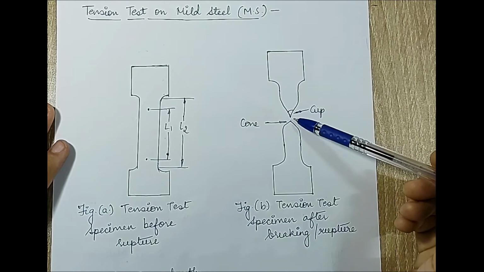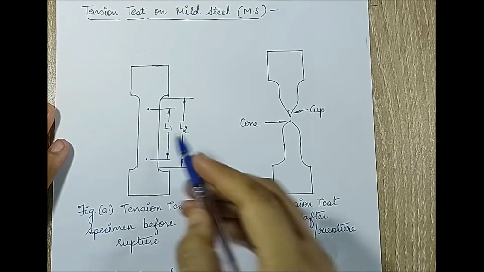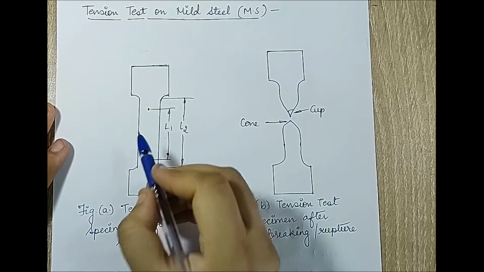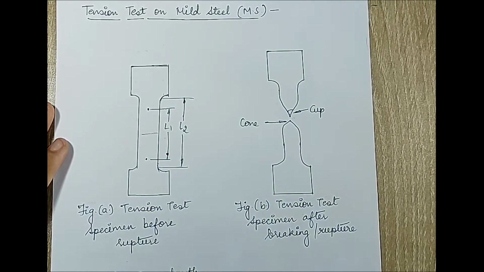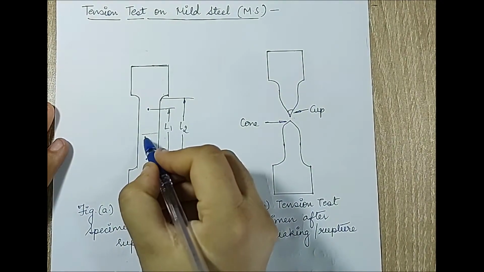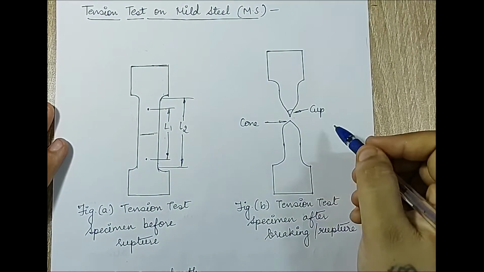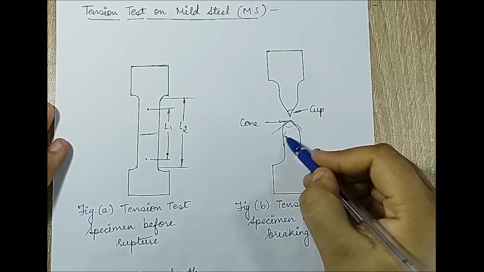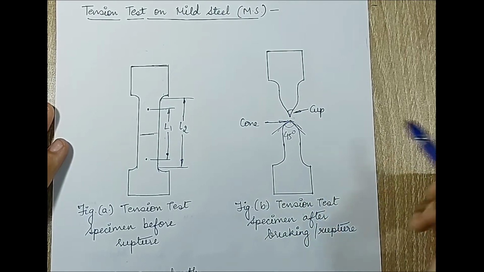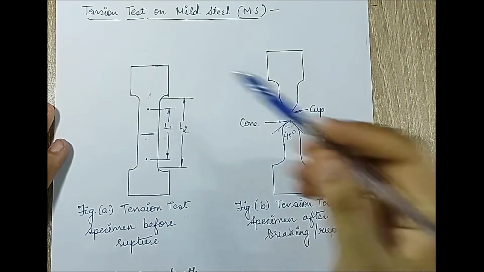The breakage is also very beautiful because initially in this zone the material will start cracking, and the crack will propagate at a 90-degree angle, but after some time when you apply the load it breaks at this 45-degree angle which you see over here. So this angle is 45 degrees, which was initially 90 degrees to the direction of application of the load.